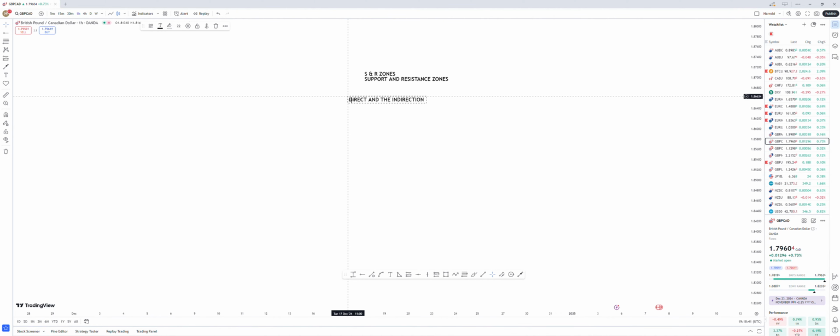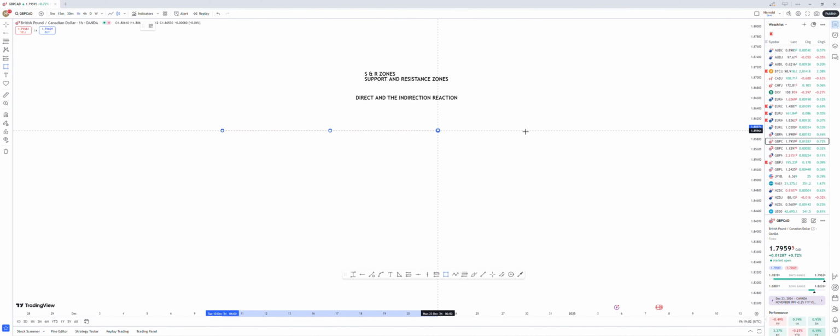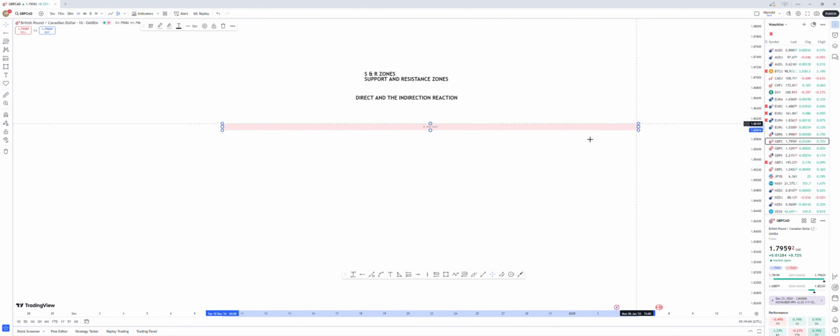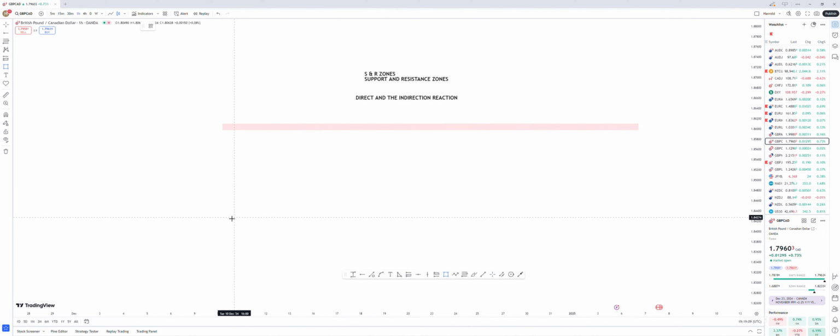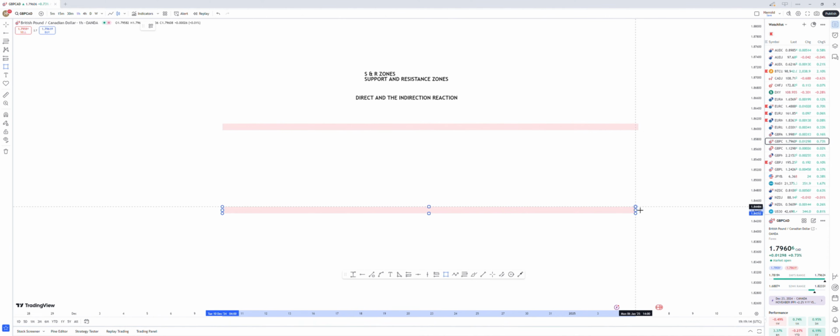For the direct reaction, that's what I just explained. When you have price touching the zone and then going up, and for the resistance, price touching it and coming down. And for the indirect, let me mark it out so that you guys will get the exact picture of what I'm talking about. We have our resistance always being at the top like this, also known as the roof of the market. And then we have our support at the bottom like this. We call this the floor of the market. Let me label that as well. This is our support